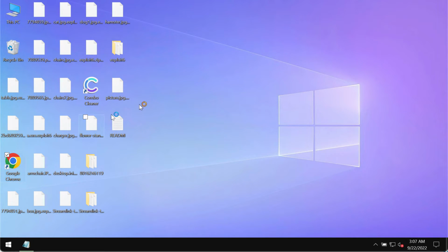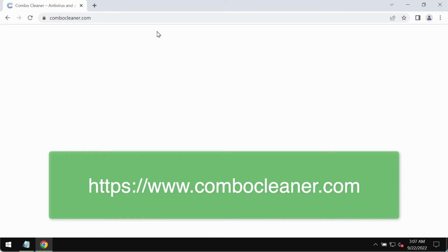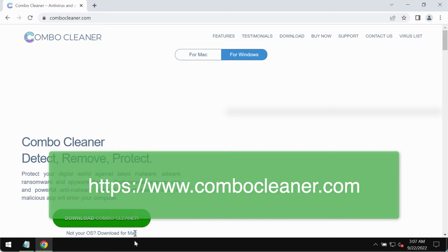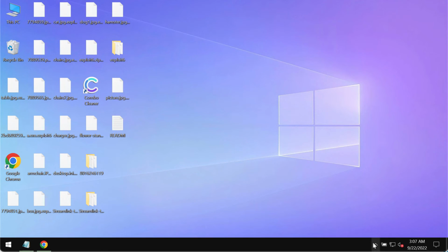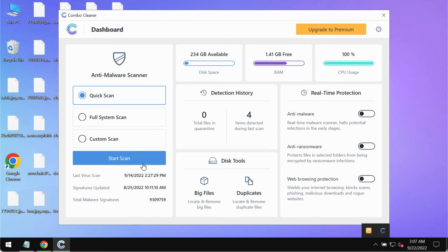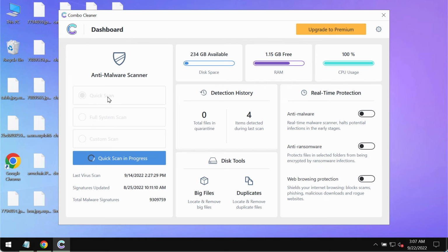I recommend you to remove this ransomware immediately with the help of Combo Cleaner Antivirus, which you may get on the official website combocleaner.com. Use this green download button, install the program, then click on Start Scan button. The program will be initially in the trial mode, so after you click on Start Scan button, the quick scan